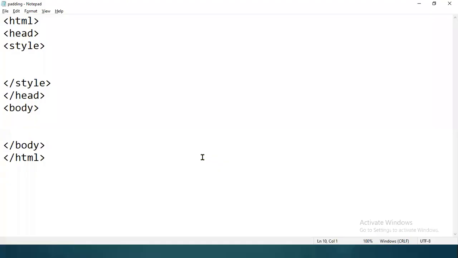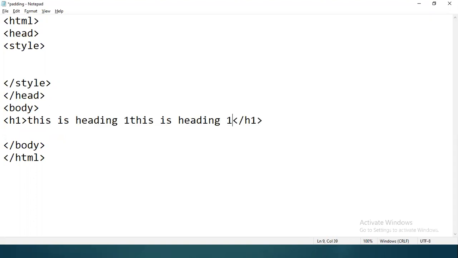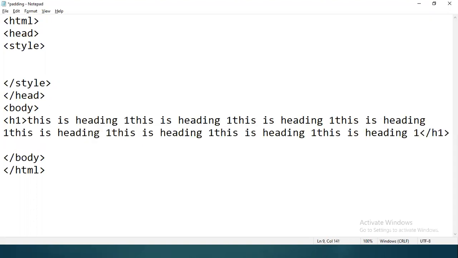So you are supposed to open Notepad. You are supposed to write the basic tags, which are the HTML tag, head block, and body block. Now, first of all, I'll define the H1 tag. This is heading 1. You can write anything inside this particular tag. I'm closing heading 1 here. I wanted to copy this line 2, 3 times or 4 times.